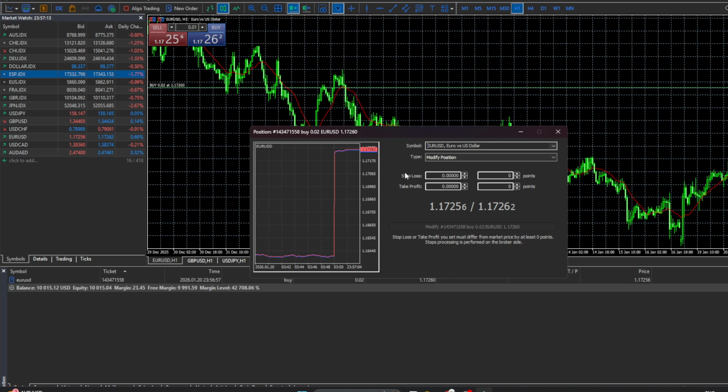Once you're satisfied with the stop loss level, follow the on-screen prompts to confirm the change. Usually, this means clicking a button like Modify to apply your new settings. After that, your stop loss is active and linked to that trade. Always double check in the trading tab that the stop loss value appears correctly, so you know